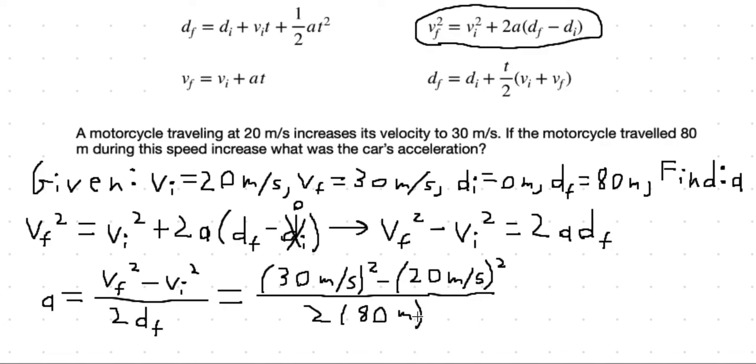So now if I plug all these numbers into a calculator, I get the value of 3.12 meters per second squared. But let's keep an eye on the units here though. So for the units, I have meters per second, so that's going to get squared. And the same thing for the 20 meters per second, that's also going to get squared. So my value is 3.12,